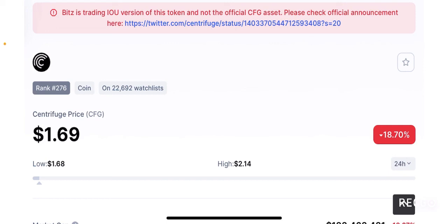So in an era where we have these things happening around, you can technically use Centrifuge to even tokenize your car and lend out your car in a tokenized manner and earn passive income while still retaining full ownership of your car in a fully decentralized and peer-to-peer manner, right? So that's basically what Centrifuge is allowing you to do, and for that I can definitely expect the price of this token to go at least to $5 by the end of this bull run, and in the long term this token can easily be above $7 to $10 per token in the next 3 years, and in the next